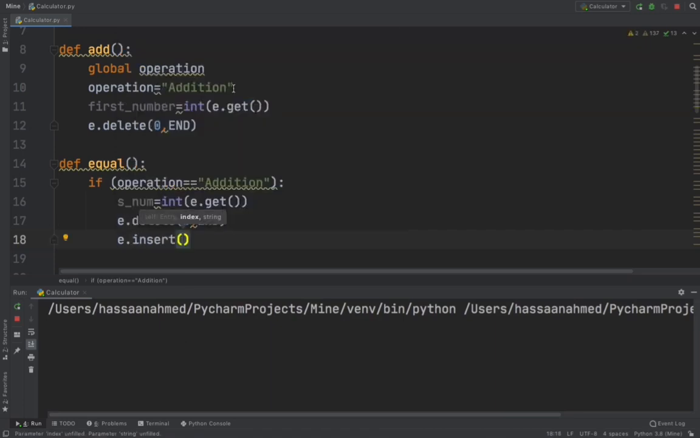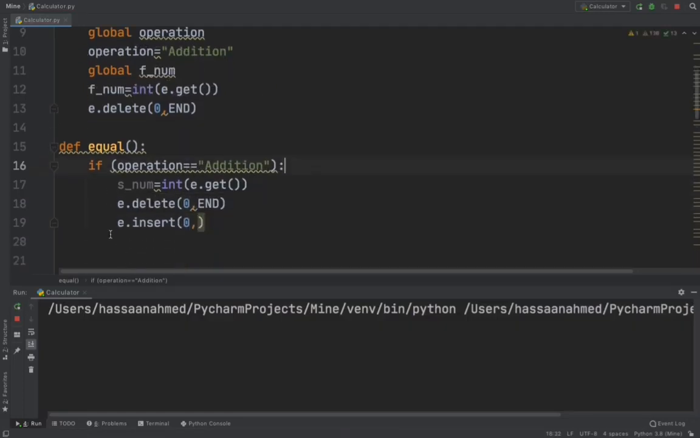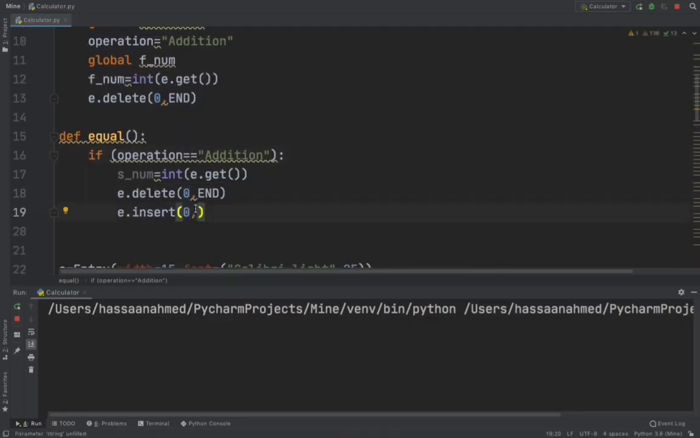So e.insert in the parentheses 0 comma. Firstly we have to make f underscore num global in the above function, and here I can write 0 comma f underscore num plus s underscore num, so that will be the sum. And when I rerun the code,